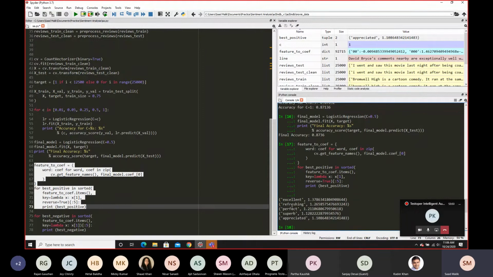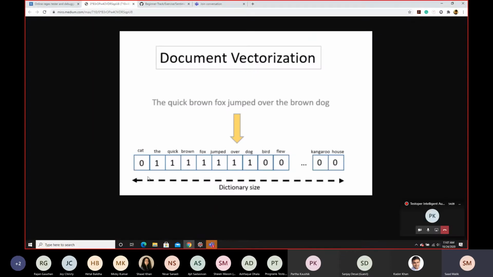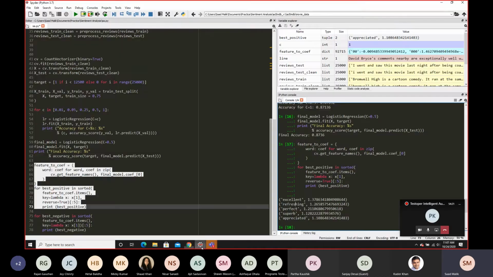Again, this model is only looking at the type of words that's there. It's not looking at how those words are structured or how they're arranged. So it's not looking at what word comes first, what word comes at the end, right? So we're looking at a very simple vector over here. When we deal with something like spaCy, like a deep learning library, it looks at much more than what we're looking at right now, which is why it's able to get more accuracy.